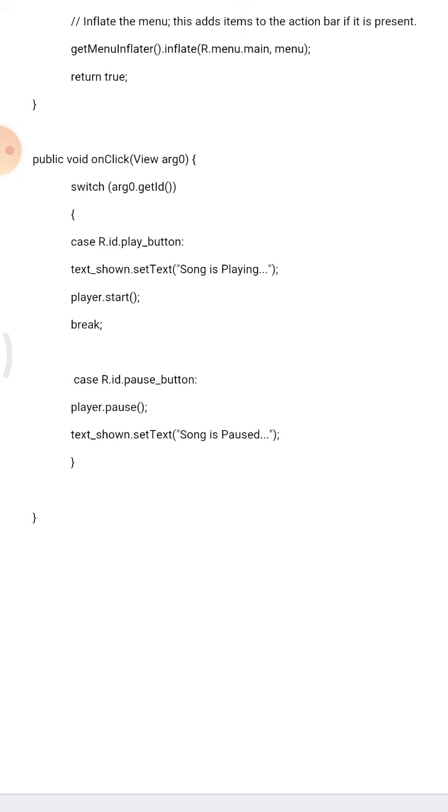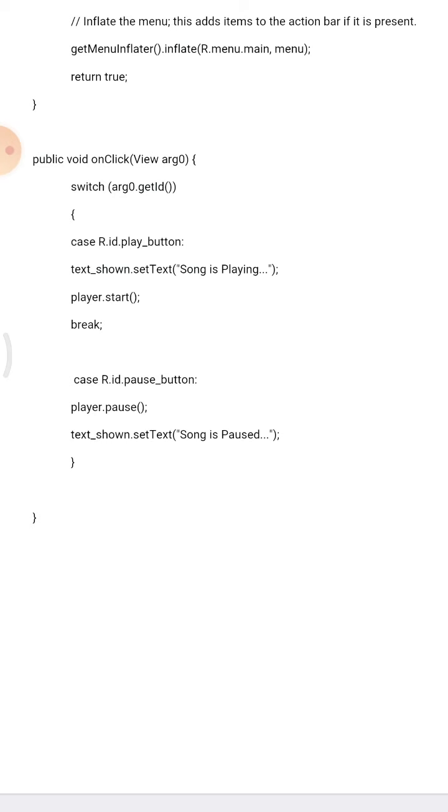public void onClick(View arg0), switch arg0.getId. For the continuous flow of the song, this switch statement is used. Case R.id.playbutton: textshown.setText song is playing, player.start. Whenever the start method is called, the song is playing.